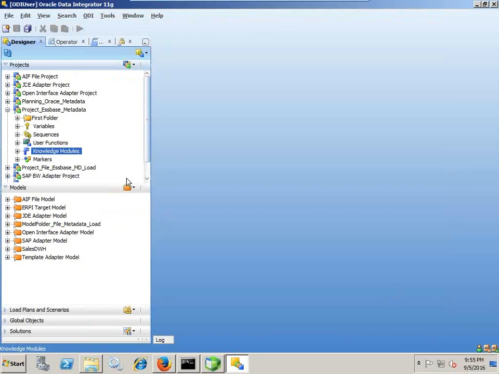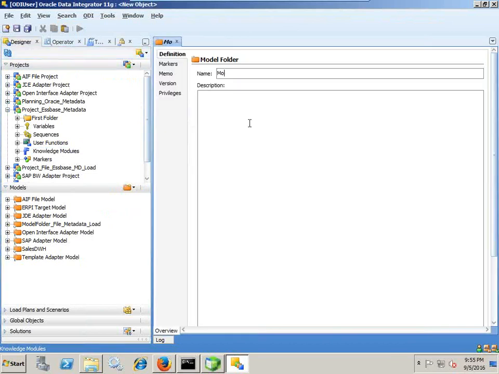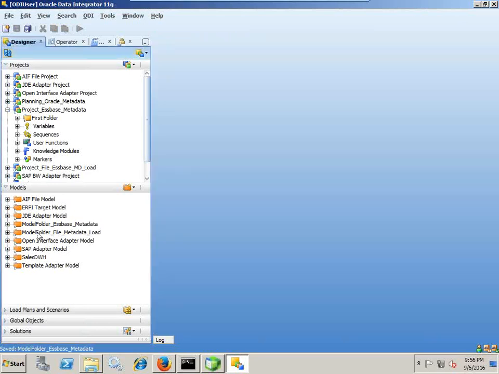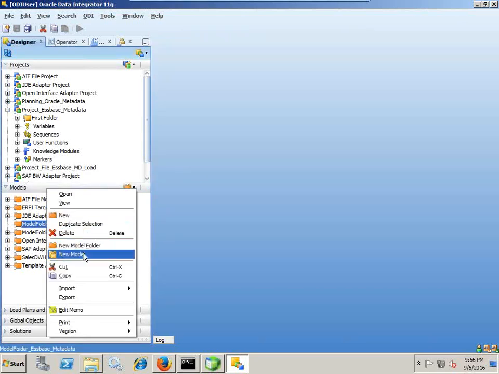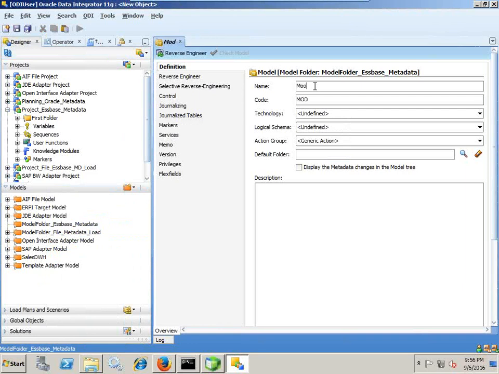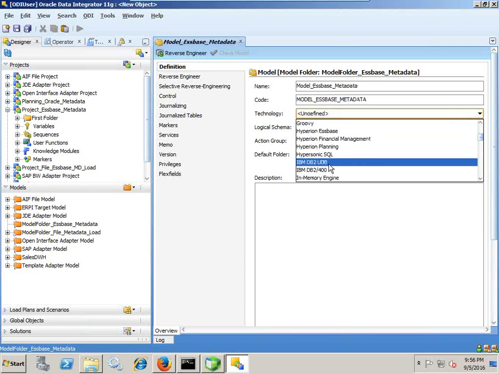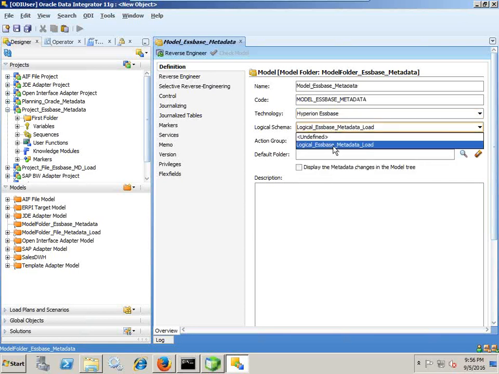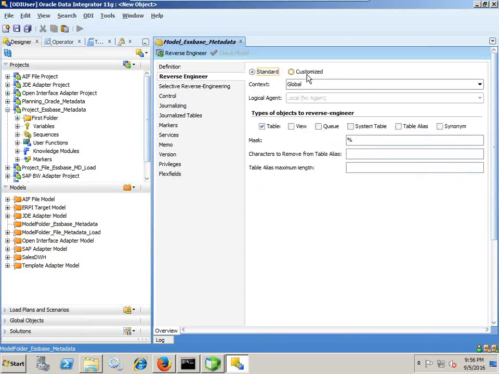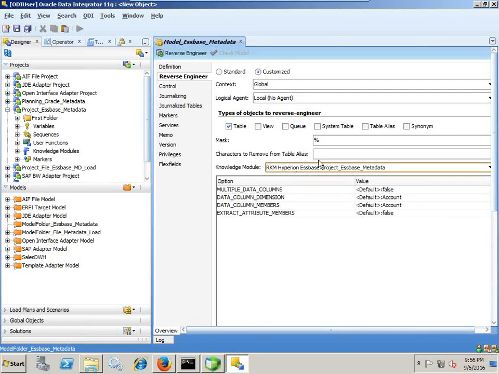I create a model folder for Essbase. So I call it model folder Essbase metadata. Save this and create new model under this. Right click, create new model. I name it model Essbase metadata. Your technology is your Essbase and your logical schema. Then go to reverse engineering, go custom reverse engineering, make sure your RKM is selected, save it, and do reverse